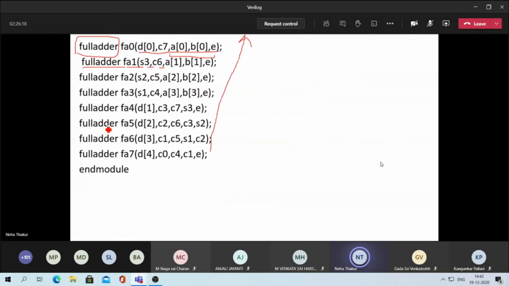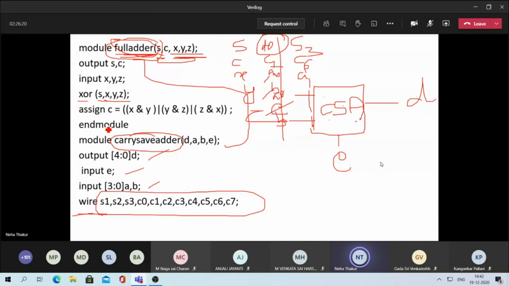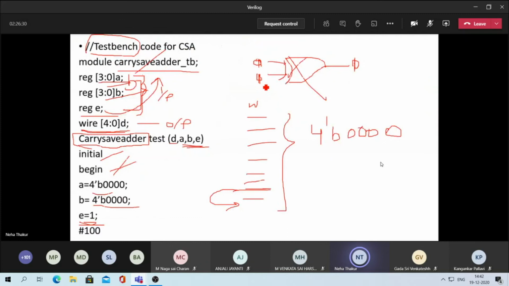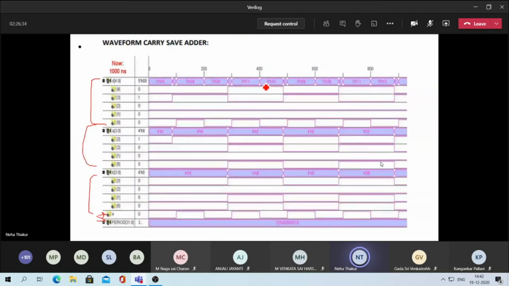As I told you, in the block diagram you have A, B, E and D. Only 4 things are there. The rest of the inputs and outputs are inside the box, so we will not get them in the simulated output. In the simulated output you will only get what is outside the box, which is A, B, E and D.